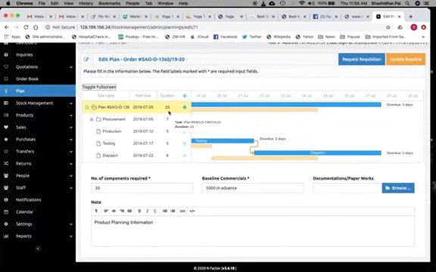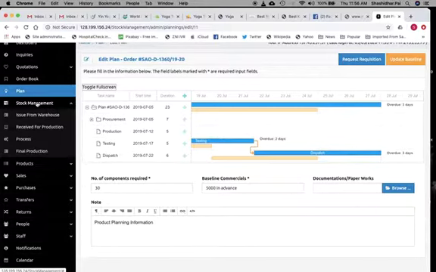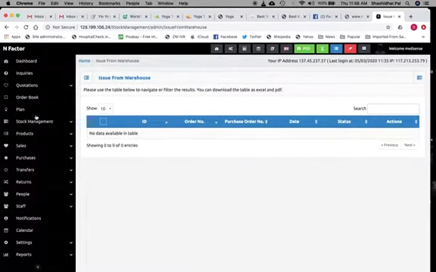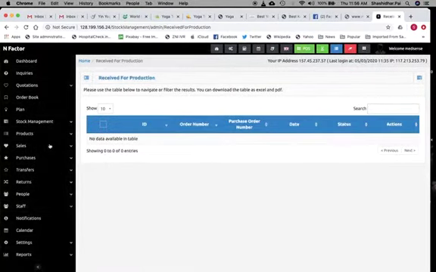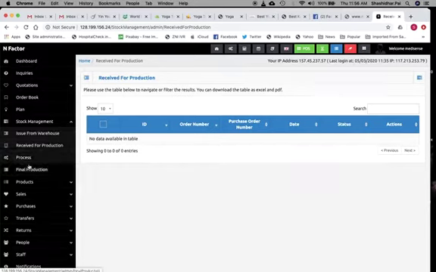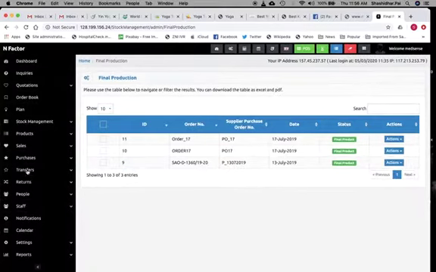And there are a lot of other features in this which we can discuss when the time is right. Then you have stock management. This is about stock movement. So let us assume that you have placed orders. Now the material has come. So the material moves from warehouse to production, and from production to different processes, and final production. So here it will show how many end products are created, which will be added to the sales